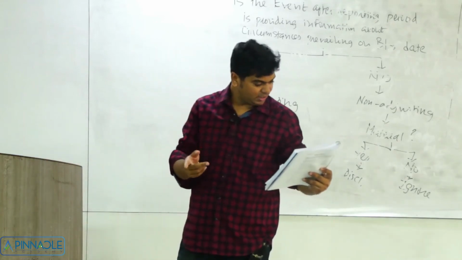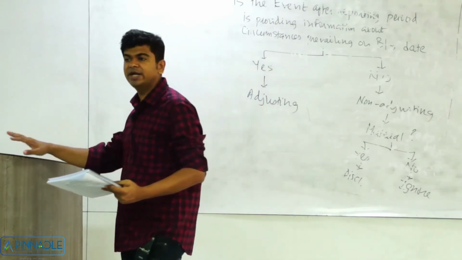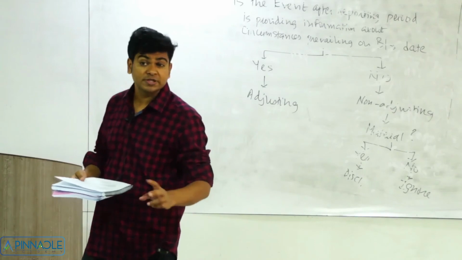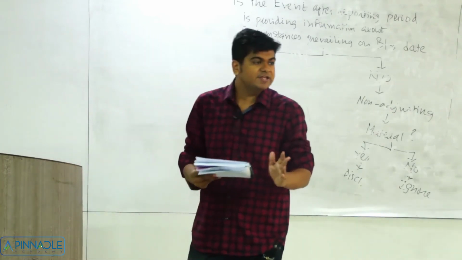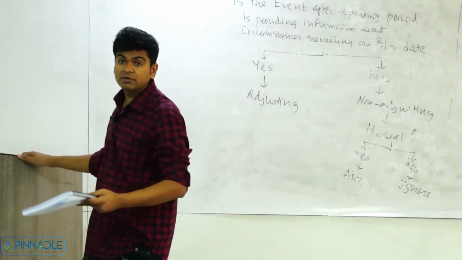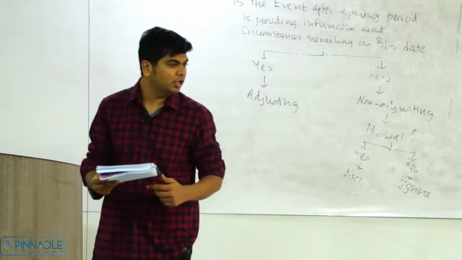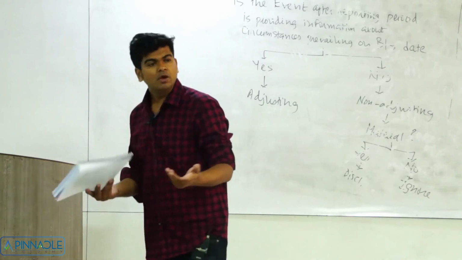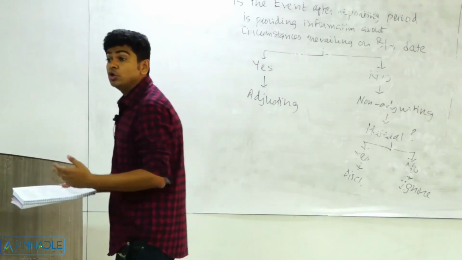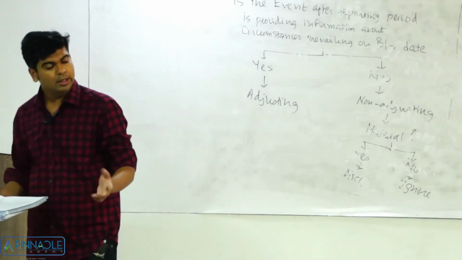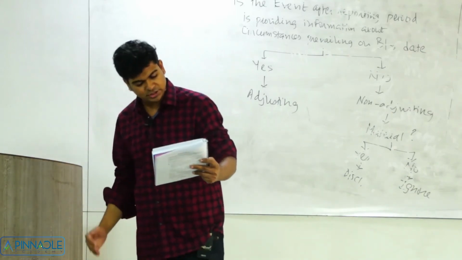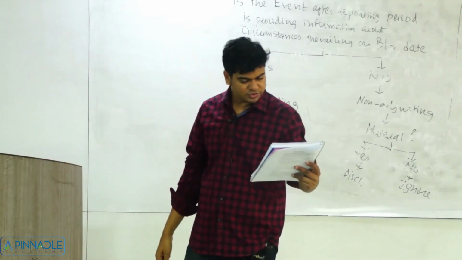You have already sold the building, you have also given the possession, only documentation and certain legal formalities are pending. See, we have to always give importance to substance over form, right? So legally speaking, till the documentation does not happen, you cannot say that the sale has occurred. But whatever are the risk and rewards incident to ownership, that we have already transferred. For example, once you get the possession of that property, as a buyer, you will start using that property. You will start behaving as if you are the owner. So we can consider this as a sale transaction. We should consider this as an adjusting event. So we'll say it's an adjusting event.